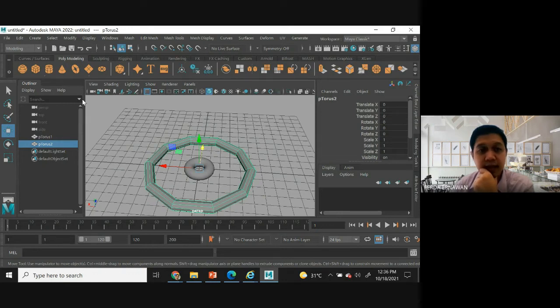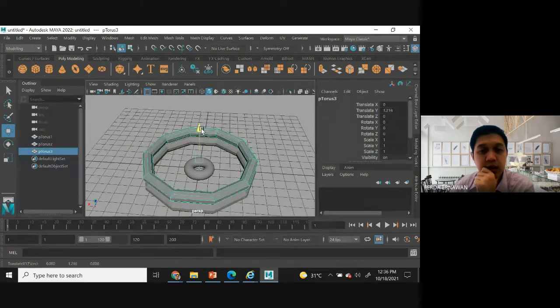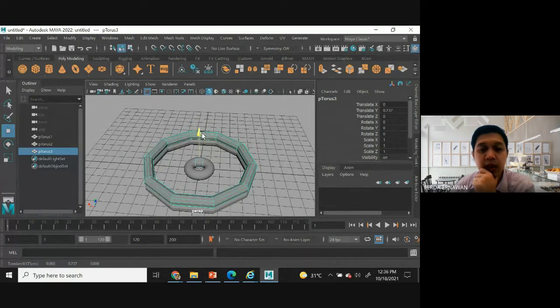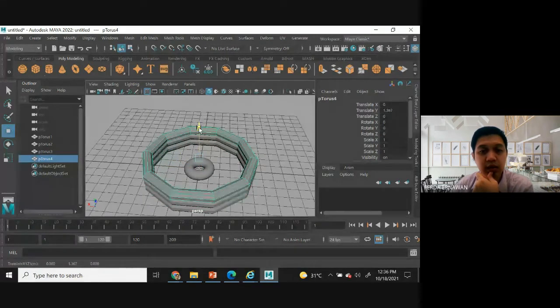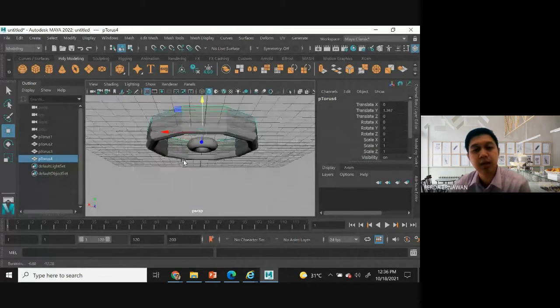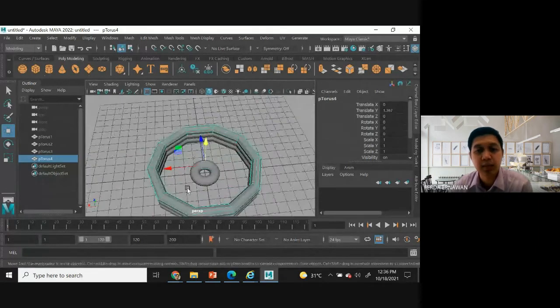Once I create the torus again, and then I try to move on the top, it will display the same. It will display the previous setting. If I click the torus again, then I drag, move on the top here, same, right? 1, 2, 3, same.